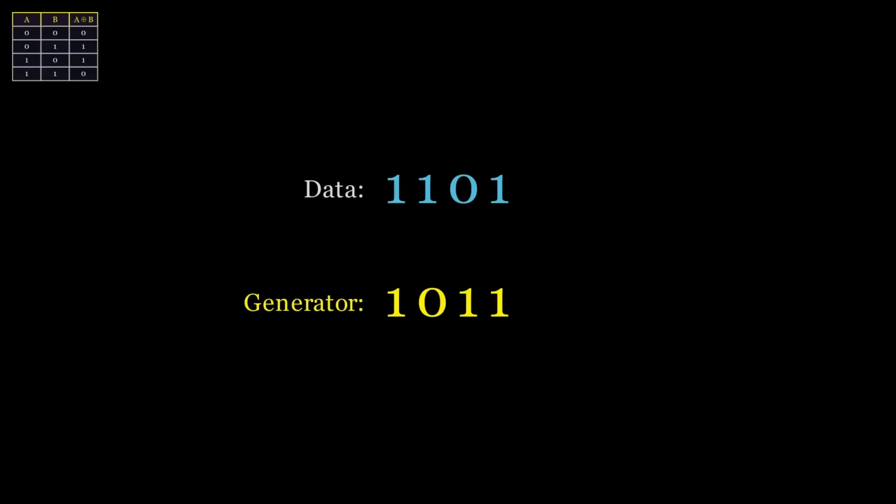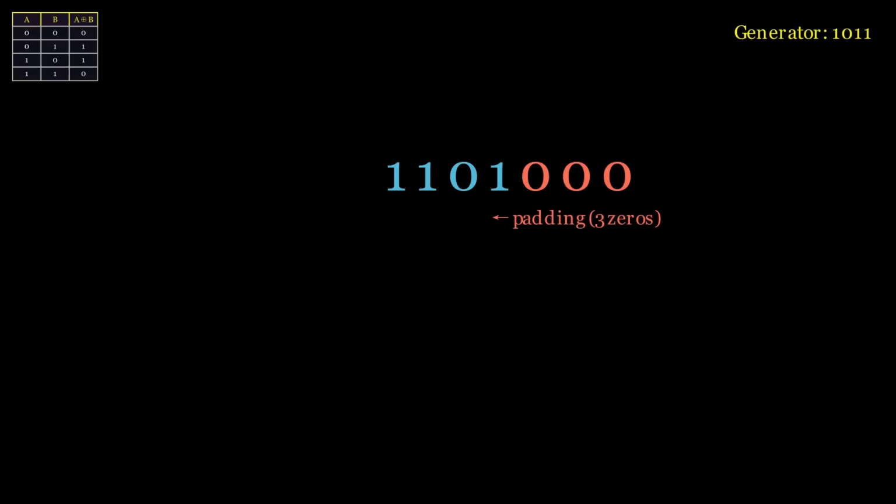For example, suppose we want to send a chunk 1101. We pick a small generator pattern, which is basically a constant that determines how many CRC bits we want. And for simplicity, let's use 1011 as our generator pattern. First, we append a few zeros to the data so we can make space for our remainder. This gives us